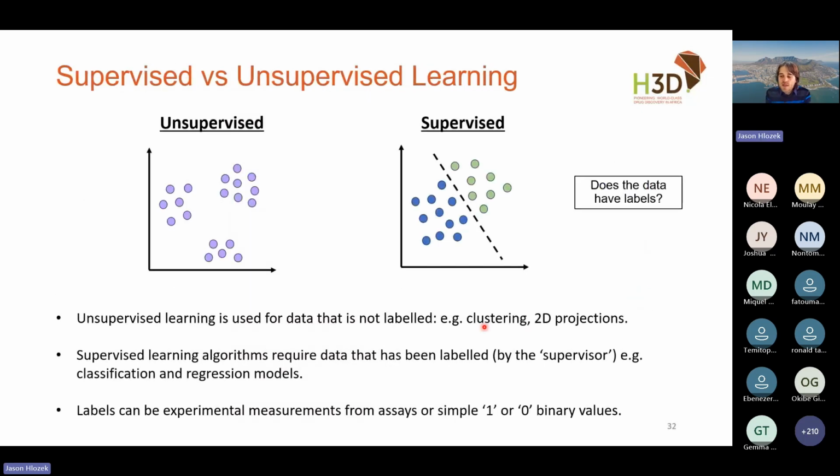All right. So now moving into the last section, let's just remind ourselves we've got unsupervised learning, which we've just spoken about, PCA, UMAP. This is where you don't have labels on your data, so you don't have solubility measurements or IC50 values, you just have structures. And now we're going to talk about the supervised approach. So here we've got both structure and label. And this label could be a binary score, so a 1 for an active and a 0 for an inactive, or it could be the actual experimental measure, and that will be relevant shortly.